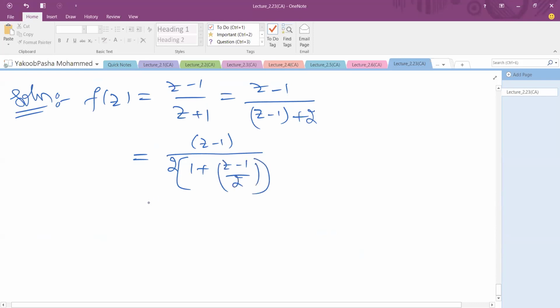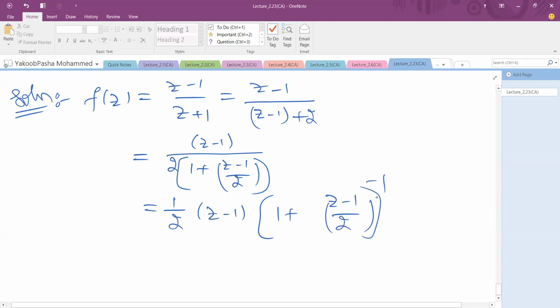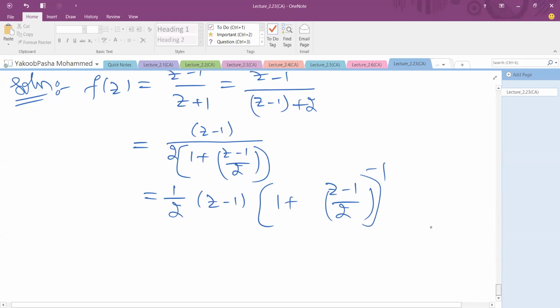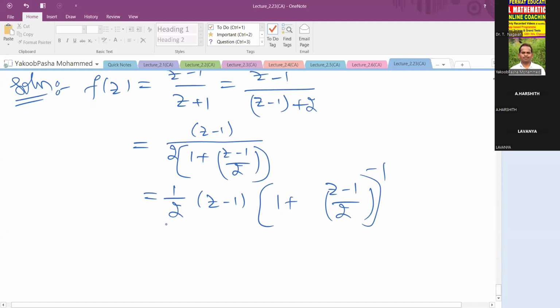Okay, and we can write 1/2 into z minus 1 into 1 plus z minus 1/2 whole to the power of minus 1. This is the expansion. Okay, so it is in the form of 1 plus x whole to the power of minus 1. So that formula is 1 minus x plus x square minus x cube plus and so on for mod x is less than 1. So you can write it as 1/2 of